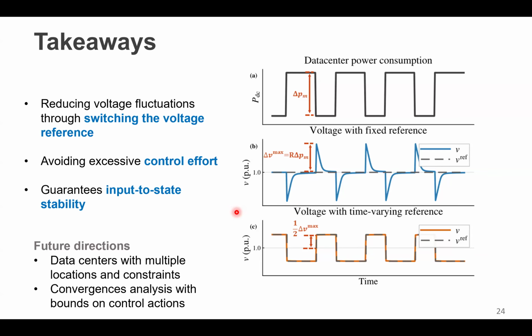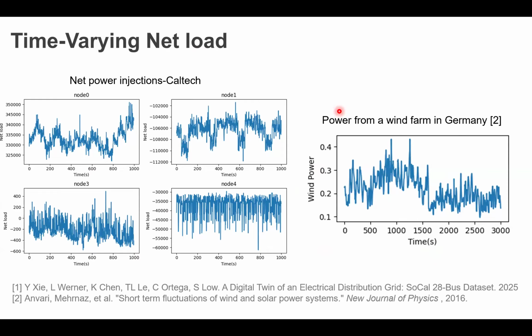So essentially for the first part, we talked about the time varying load, this kind of AI training data center load that has extreme fluctuations, right? But there are also different kinds of time varying load, like from the measurements of the Caltech campus, we have different time varying load from different locations of the campus, and from renewables, we also have different types of time varying load. They are still time varying and have fluctuations, but not so extreme as the data center load. And especially, from the slopes, there might be some patterns we can actually predict. So for the next part of the talk, I will actually discuss.